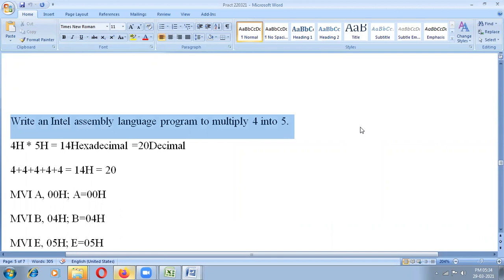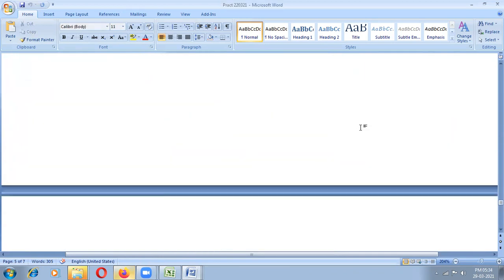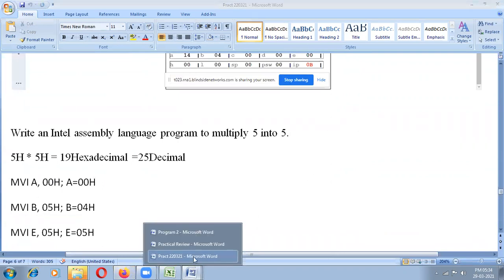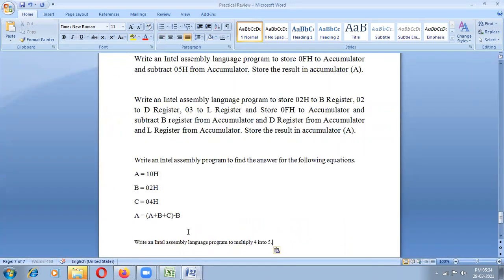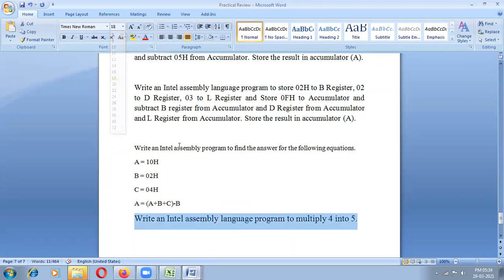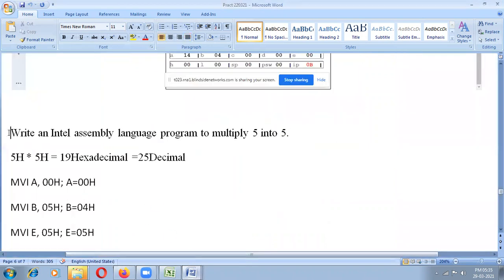Write an assembly language program to multiply 4 into 5, like this. If you feel it is difficult, I am not going to ask this multiplication. No problem, and just review this program. Maybe. Write an assembly language program to multiply 4 into 5. The last class program: write an assembly language program to multiply 5 into 5.